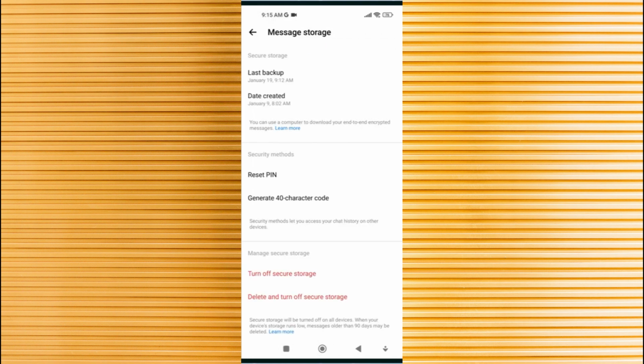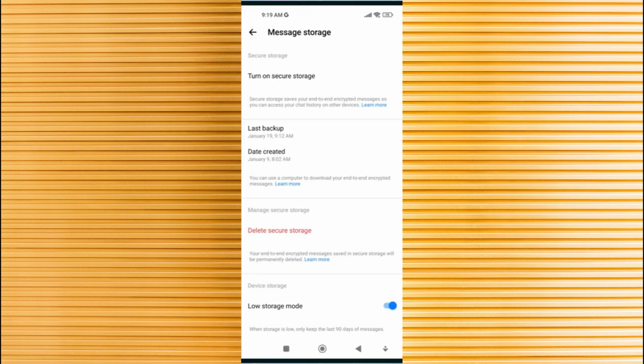Now you are in the end-to-end encrypted chat settings. Next, tap on Message Storage to access the PIN code options under the Security Method section. You will find the option to reset PIN and generate a 40-character code. For simplicity, I recommend using the PIN code as it is easier to remember for future use. Simply tap on Reset PIN to proceed. If you cannot find the Reset PIN option,